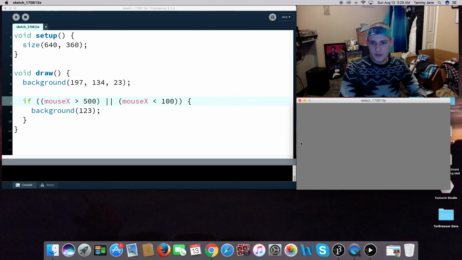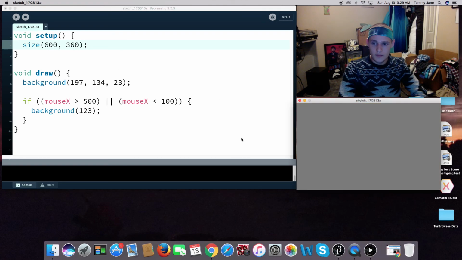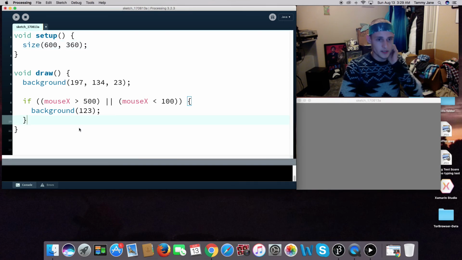So from 0 to 100, nothing color. 500 to 640. You can see, you know, let's go ahead and change the size just to 600. So base 600. That'll work. Okay, cool. Okay, so now what we got to do